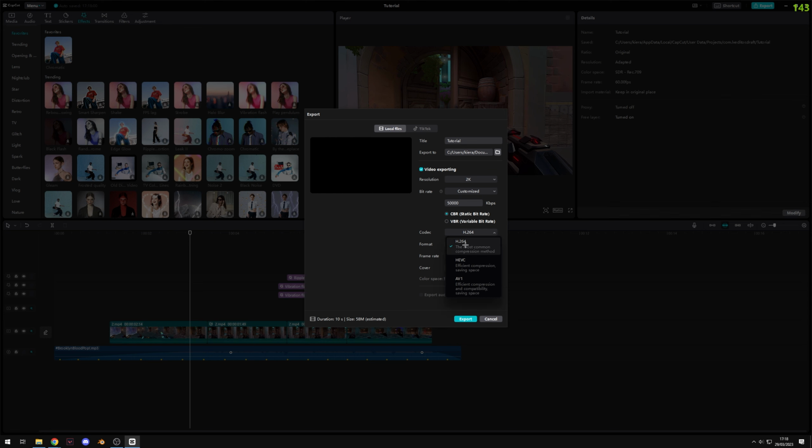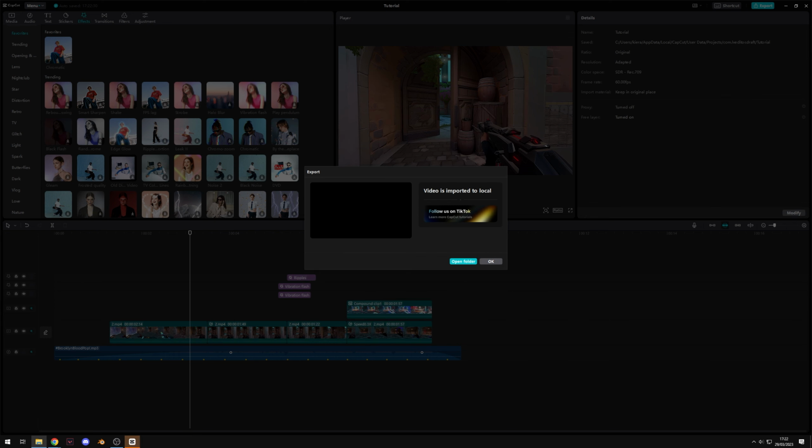Codec, we have the option H.264, HEVC, and AV1. Here, I would recommend picking AV1 if you're able to. AV1 is going to give you smaller file sizes, better quality, and it's just overall better codec. So I'd pick AV1. YouTube will take AV1. Most social media will take AV1. It's just all around a better codec to use. Format, you're going to want MP4. And the frame rate, you're going to want to pick whatever your composition was. You can see over here, mine was 60 FPS, so I'm going to pick 60 FPS here,